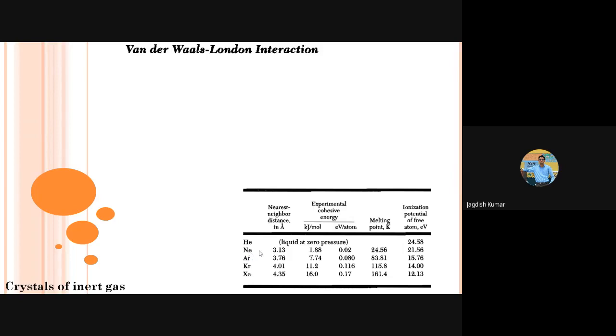In the case of neon, the outermost electrons are not very far from the nucleus, they are quite close to it, and hence they are strongly bound. So if we consider dipole formation, it must be more convenient in xenon than in neon. Dipole formation is like this: you have a positive charge, which is the nucleus, and a negatively charged cloud of electrons. In an undistorted atom, the centers of positive and negative charge are at the same point, and hence there is no net dipole moment.